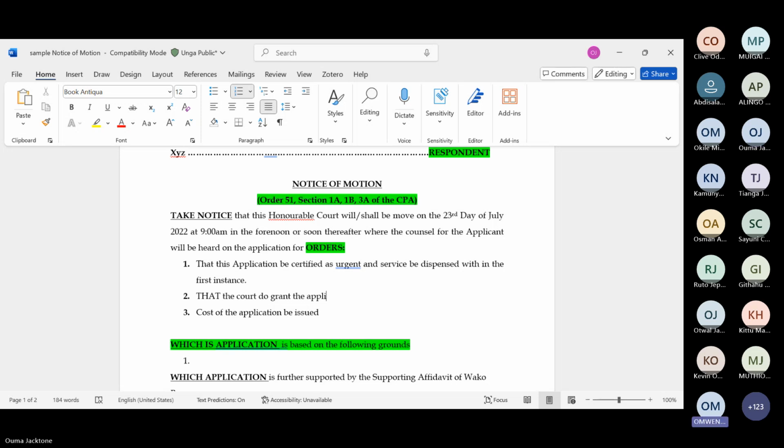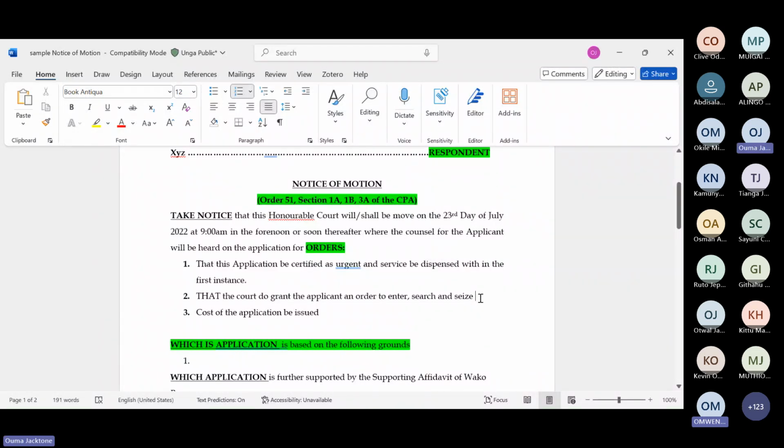That the court do grant the applicant an order to enter, search, and seize the documents in custody of the respondent.